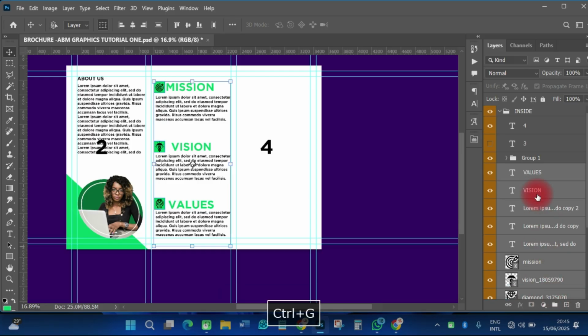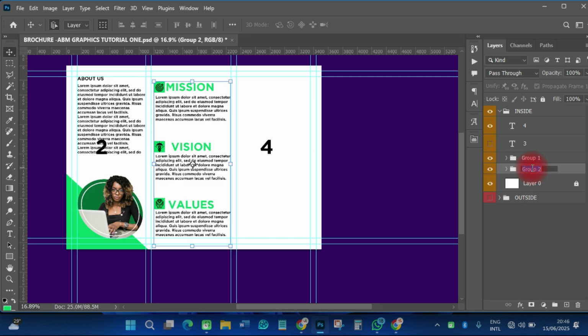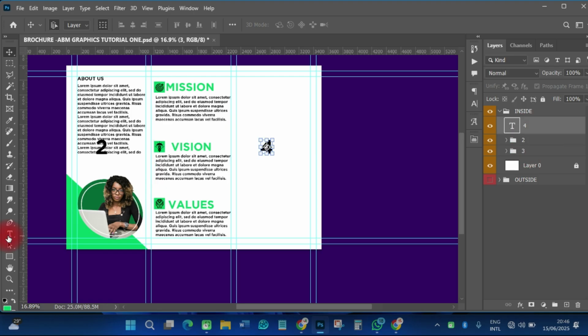Okay, so I'm just going to group this one. Then I'll call it page 4, and this was page 2, or page 3 rather. This was page 3, so this should go to page 3. Yes, so page 4, I'm just going to showcase,